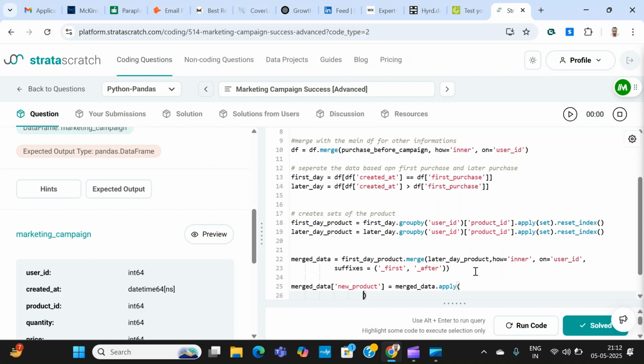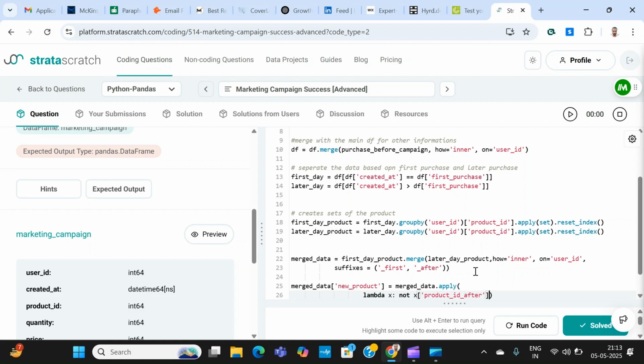We don't have to write it the traditional way. So here it is: lambda x, not x product id